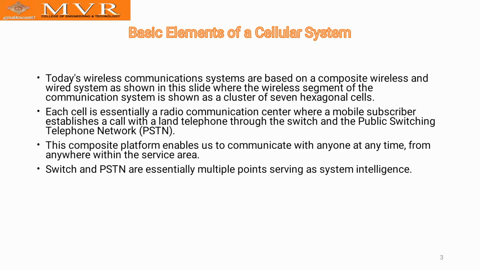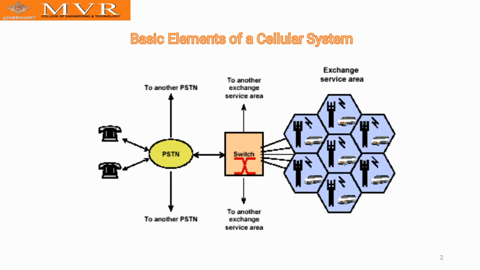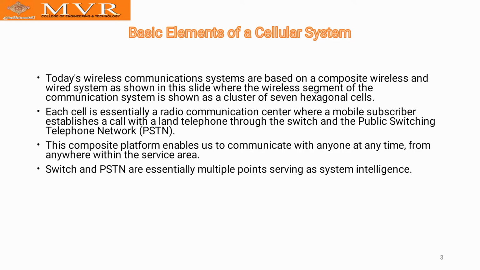In these basic elements of the cellular system, the wireless communication systems are based on a composite wireless and wide system, as shown in the slide. Here the wireless segmentation of the communication system is shown as a cluster of 7 hexagonal cells. These hexagonal cells are a cluster providing the exchange of data. Each cell is